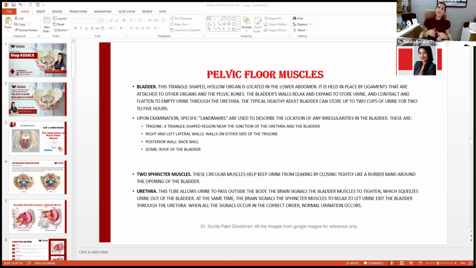And -5 means you are inserting a finger inside the vagina, you are touching everything around the rectum, all the organs, all the muscles, all the supportive structures, but there is no pain at all. That type of female is completely relaxed. So we are calling this -5 out of -5 a completely relaxed pelvic floor.